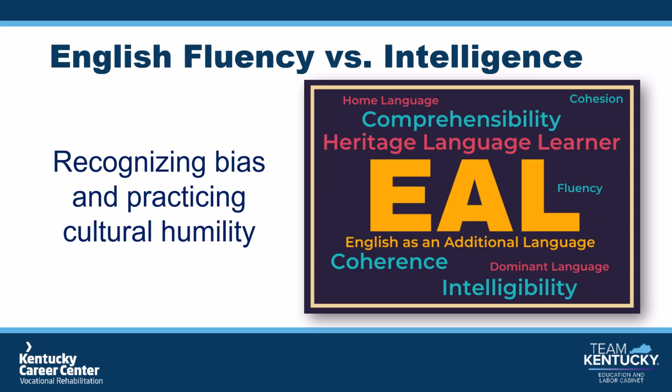Next, let's talk about some common biases that those who are acquiring English may face. Americans live in a generally monolingual society. Because of this, many of the institutions have few tools that effectively serve EAL individuals other than to provide translation services that are usually outsourced. These translation services are great, but don't address how to work with individuals learning English with humility and harm reduction, and do not help unpack what implicit biases those acquiring English may be facing.